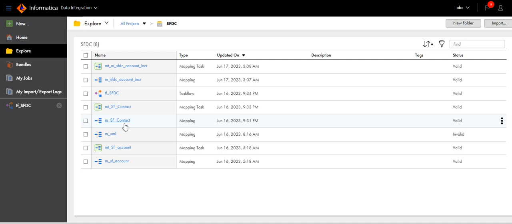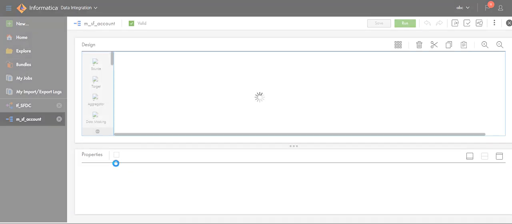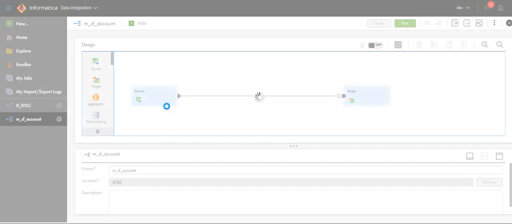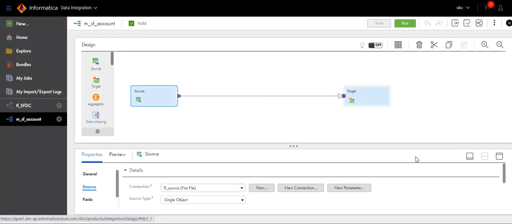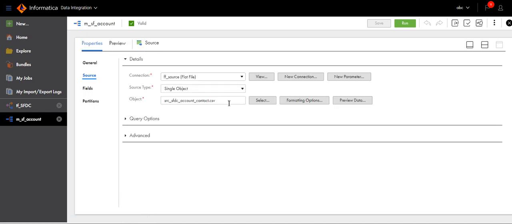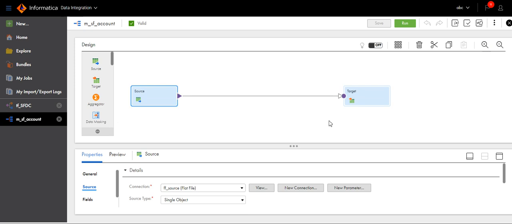SF account and SF contact. Let's open this SF account, as it's a one-to-one load. So my source is Salesforce. Sorry, source is the flat file, source SFDC account contact, and target is Salesforce